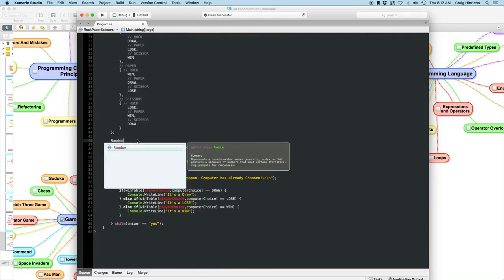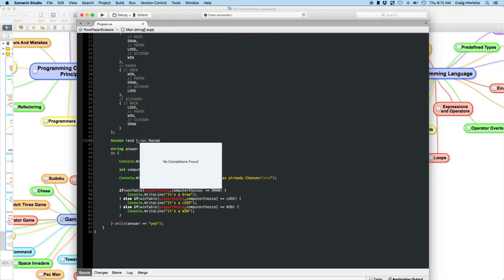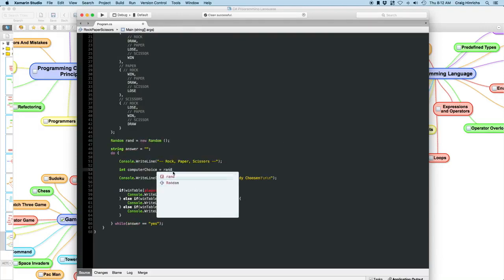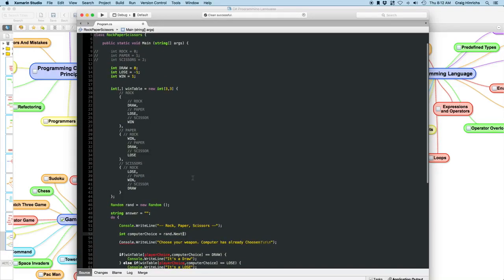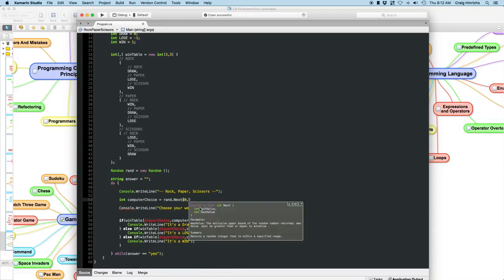So we'll do Random rand equals new Random. And then we'll do rand.Next. Let's think about what numbers we need. He's going to be choosing either rock, paper, or scissors, which is going to be 0 to 2. So we'll want to have it start at 0, and we'll go to 3 because